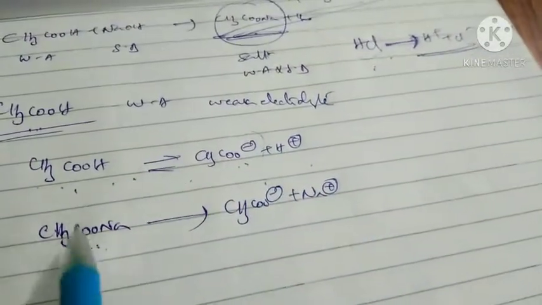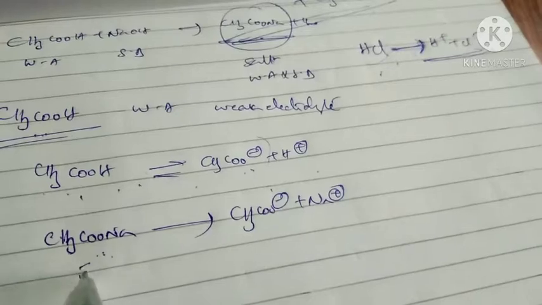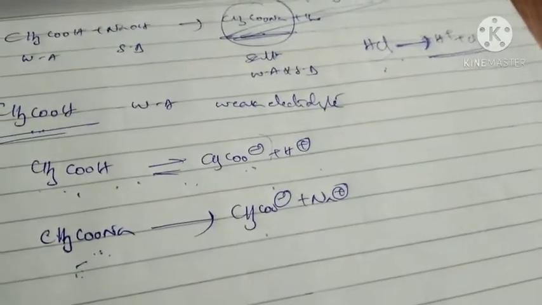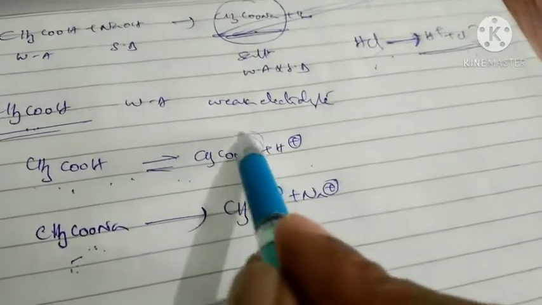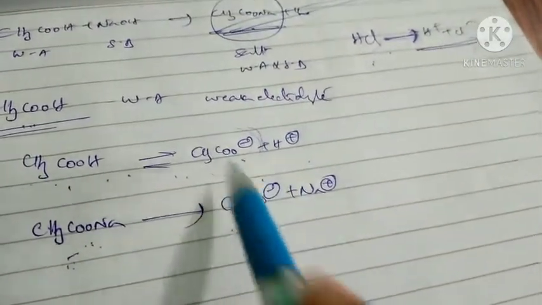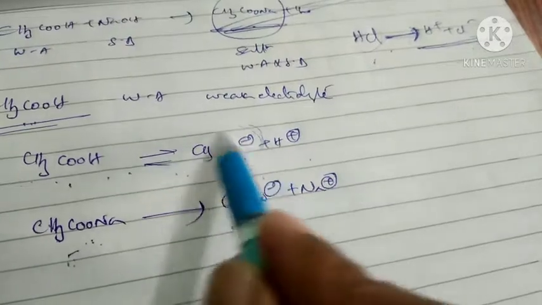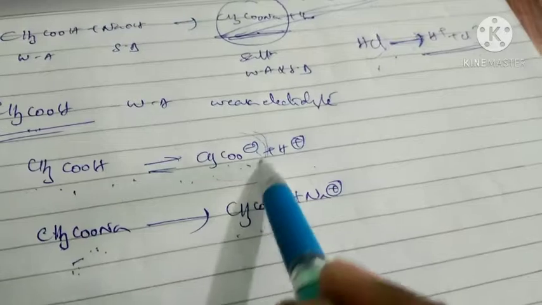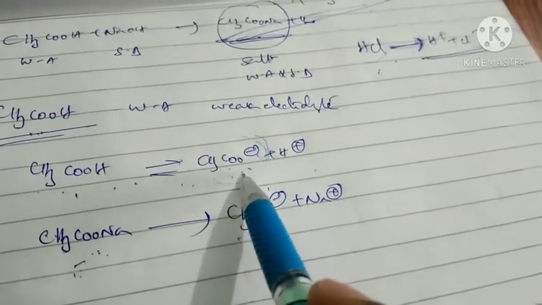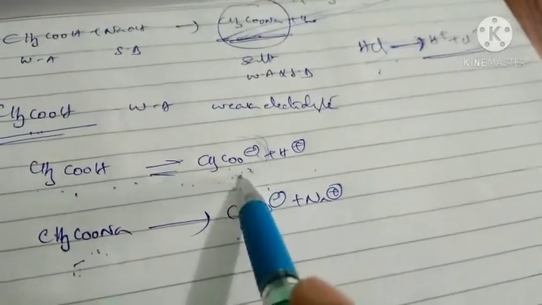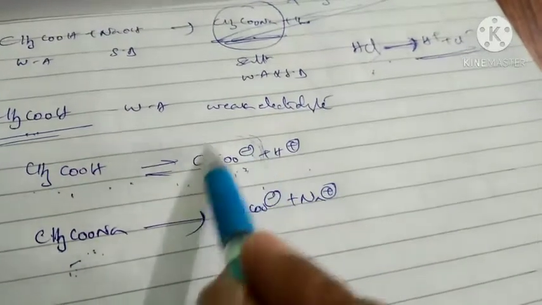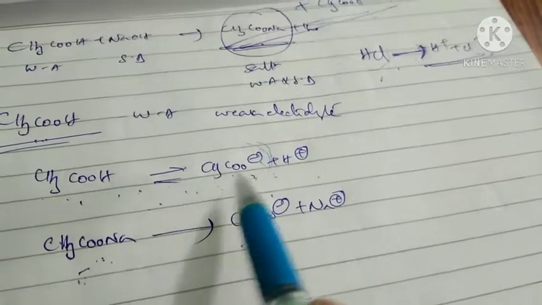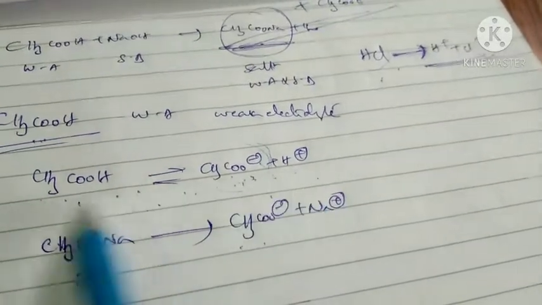Now I am going to add another substance. When that substance is added to that solution, that substance undergoes dissociation. So what you have to understand here? Automatically the acetate ion, nothing but CH3COO minus ion concentration, increases. If CH3COO minus concentration increases, then the concentration of products increases here. Then the backward reaction takes place. What does the backward reaction indicate? CH3COO minus plus H plus gives rise to CH3COOH.